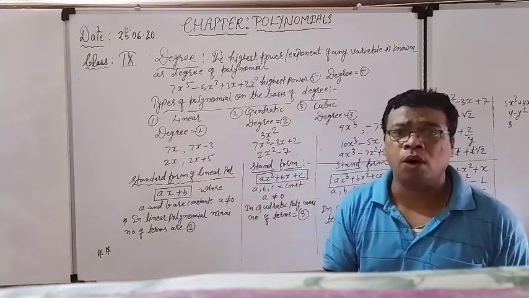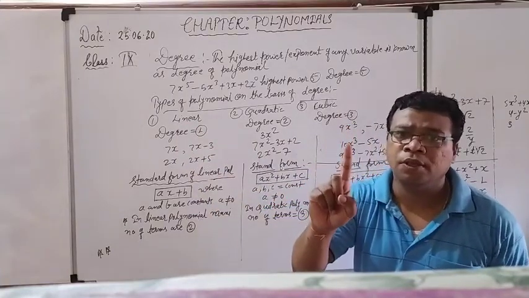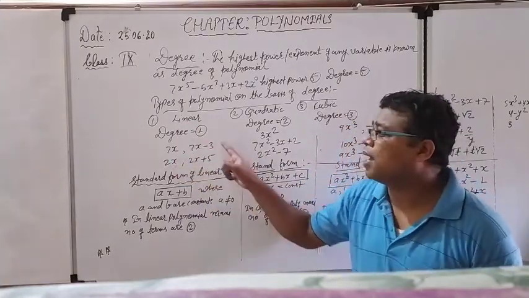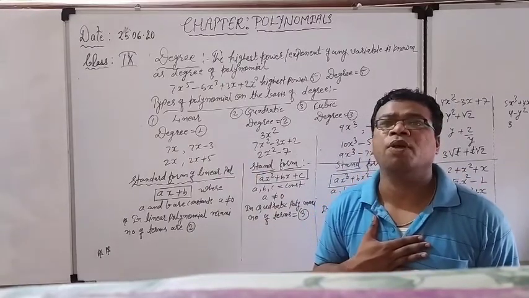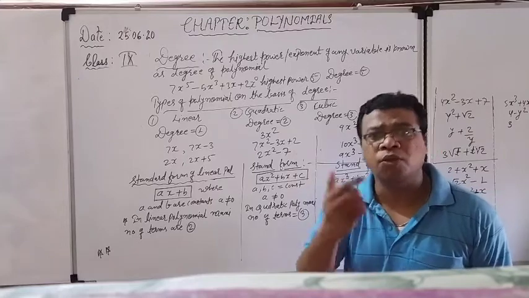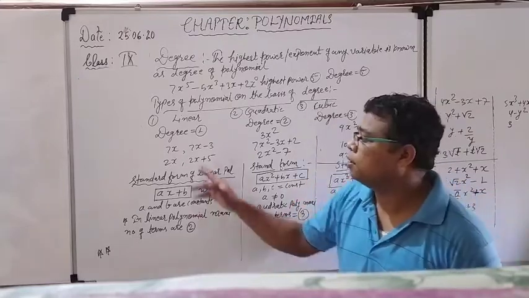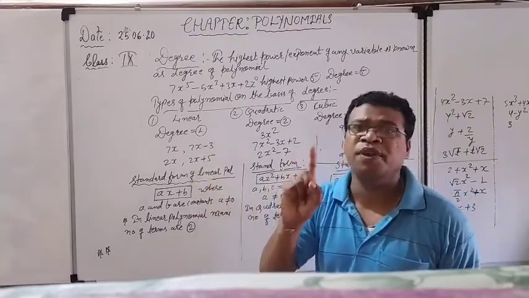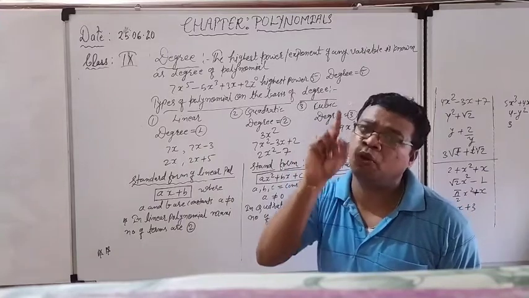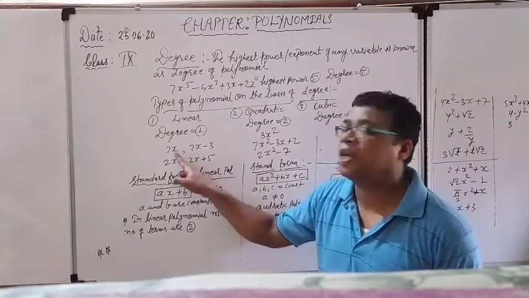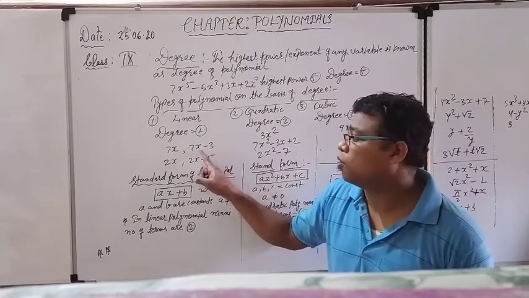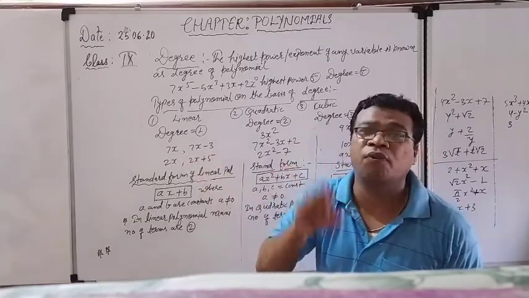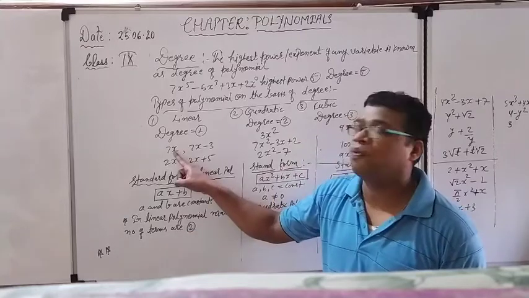Linear polynomial means what? Degree should be only 1. All these examples I have written on my own. I have not copied and pasted them from the book. You can also write them down. See the logic. Degree is 1, so we only have to select the power of the variable to be 1. Either it is monomial or binomial, that is not the matter at all here. Why? Because we are only talking about the degree of the variable.